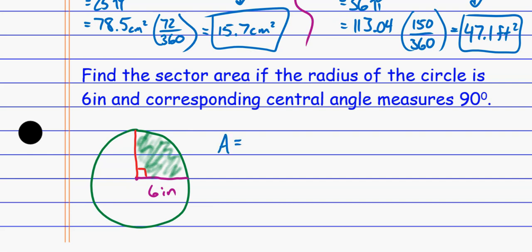The area of the circle, the entire circle, is pi r squared. Once again, that's 36 pi, which is going to give me 113.04. And now what I want is a partial measurement of that. Well, that's 1/4 of the circle. And if I see that, I can just divide this by 4. So I can immediately go right to just dividing that 113.04 by 4, and